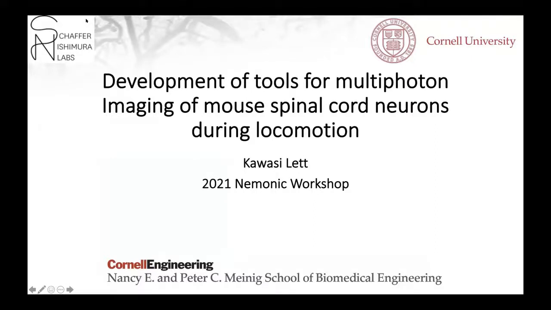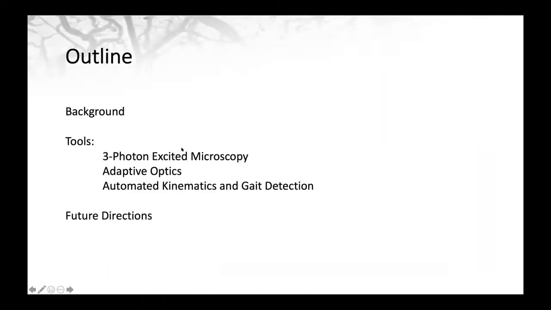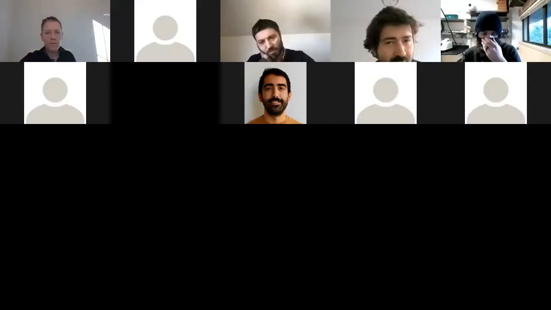All right, so the title of my talk is the developmental tools for multiphoton imaging in mouse spinal cord neurons during locomotion. So, outline of my talk, I'm going to give you a bit of